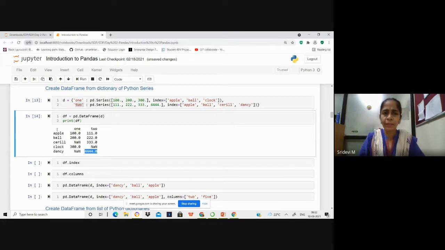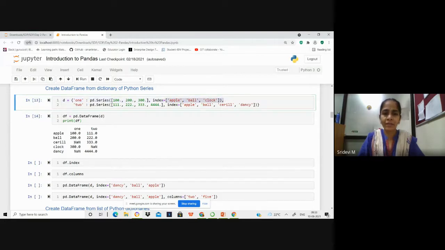But because we are combining this into a single table, all the index values are taken, and if there is no corresponding value under a column, meaning under a key, in that case it is taken as NaN. NaN stands for not a number. Under column 1, for Cyril you don't have any value because the index doesn't contain Cyril at all.